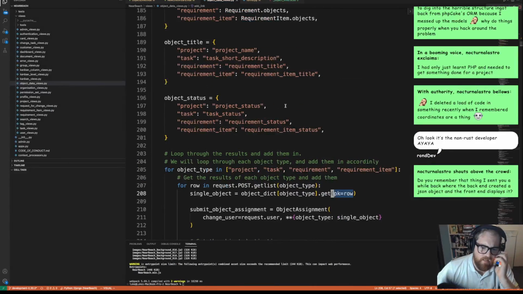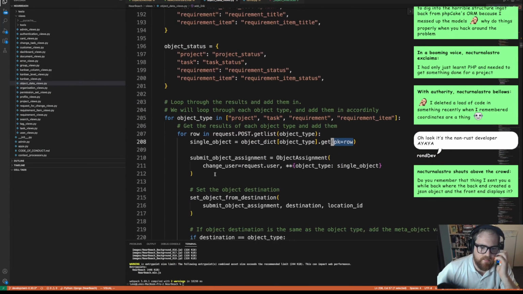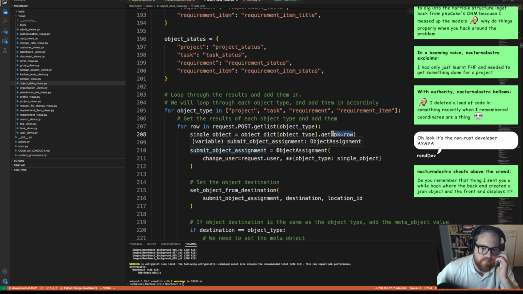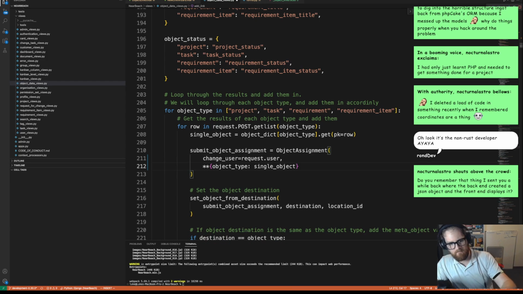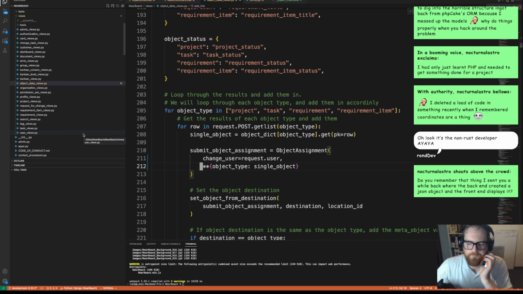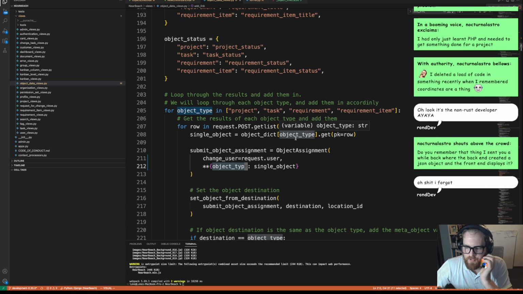Or maybe not. It's been a while since I've done this. Submit object assignment. Object assignment, so change user is request user. This I would prefer to be on a new line. Change user is the request user, so the object type, so if that's a project,